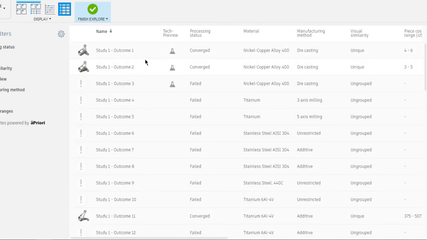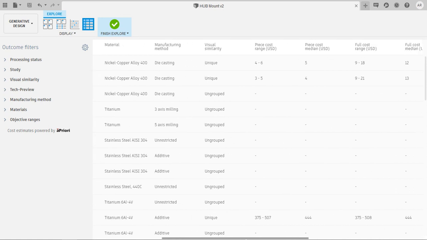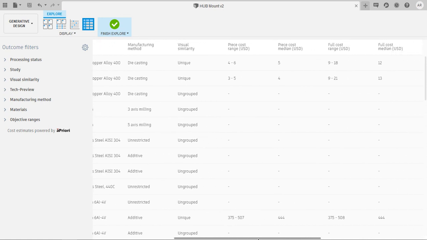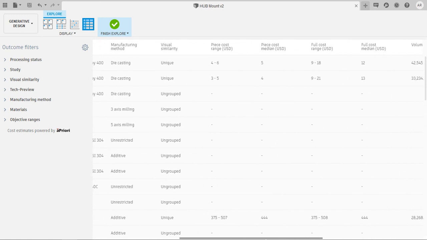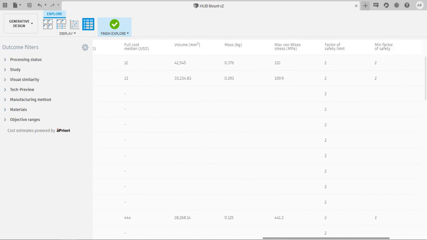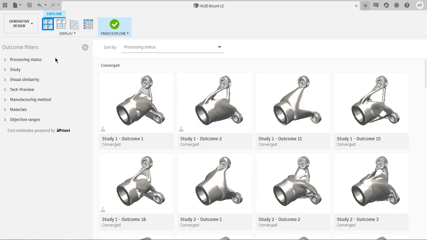You can view the detailed view of these outcomes in the form of a table, which gives you a complete overview of the outcomes that are generated. Again, we have a flask symbol, which means that it can be die casted. If you move the bottom scroll bar, you can view more details of the outcomes. I'm gonna switch to thumbnail view.